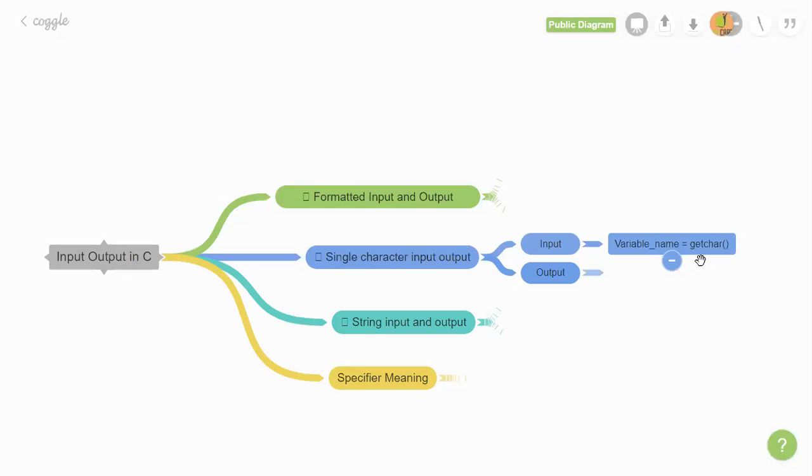If you want to get a single character from the user, you can use the function getchar. Okay. So it will take a single character from the console or from the user, and in this case it will store it into the variable name. In the same fashion,